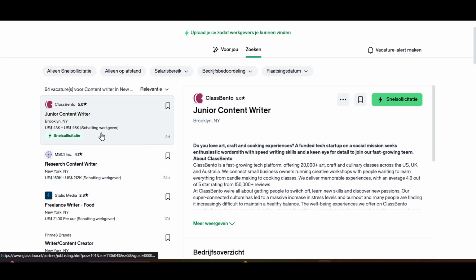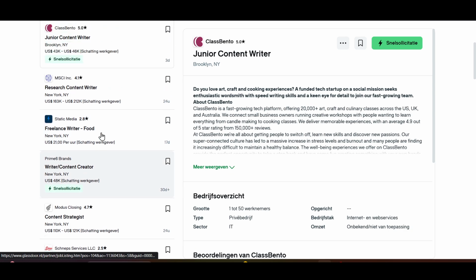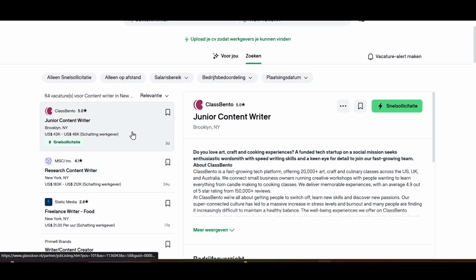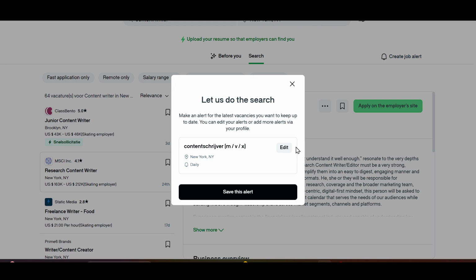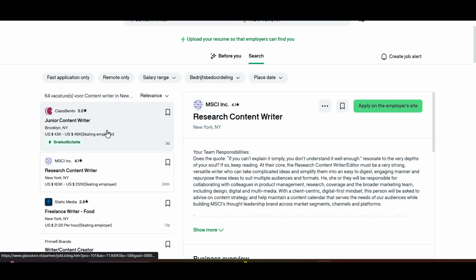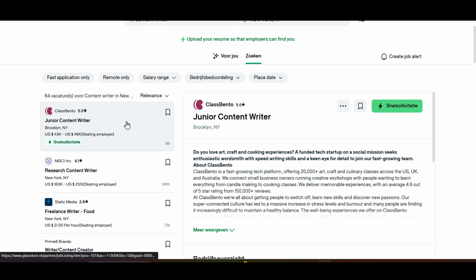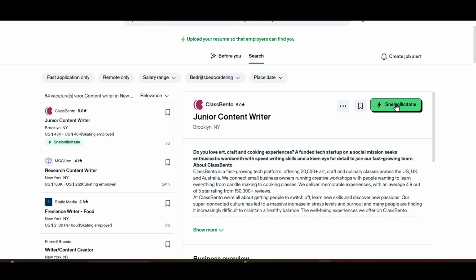And here are the jobs and internships. So for example, I want this one. I will click on this. If you want, you can save this alert for this job and this location. It will notify you daily if there are any updates on this job. So when I'll click here, as you can see, junior content writer, just click here,